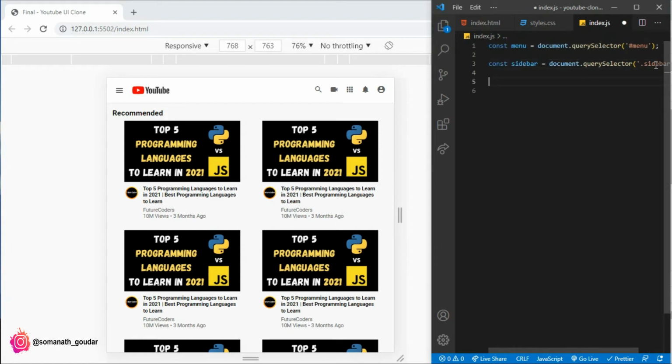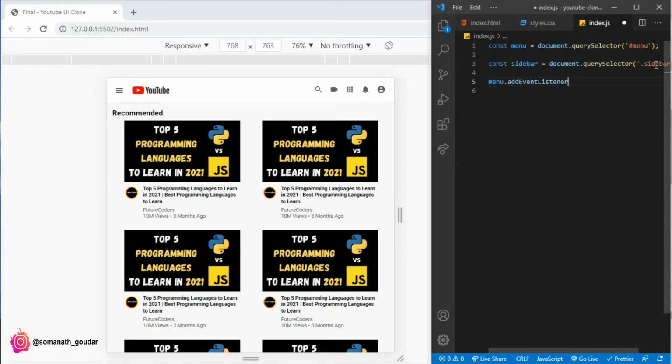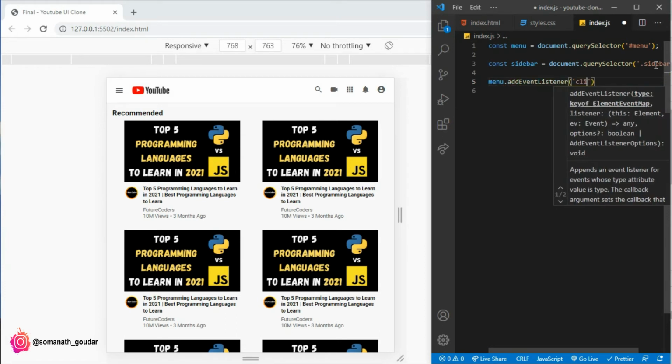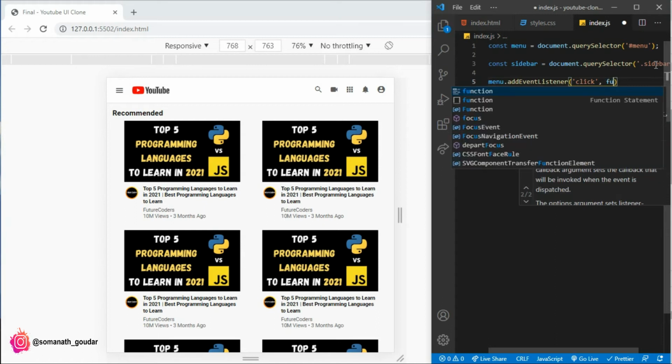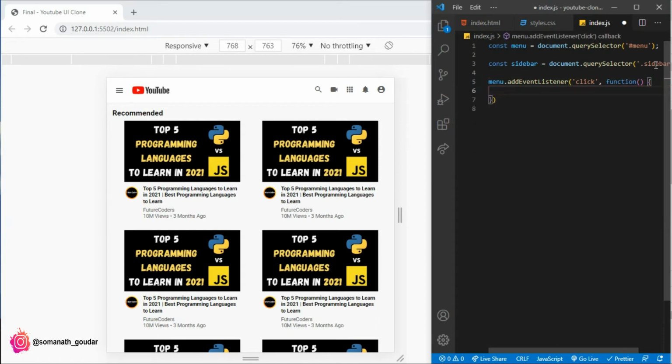So now when I click on this menu icon, it should open up the sidebar. For that, let's add an event listener, that is a click event listener. For the menu, when the menu is clicked, and that is add event listener, listen for the click, and we are gonna define a function. Inside of the function, when the menu is clicked, we want the sidebar to display.